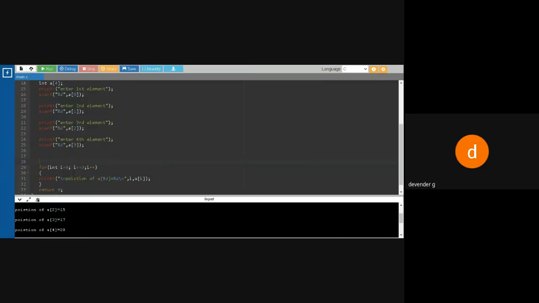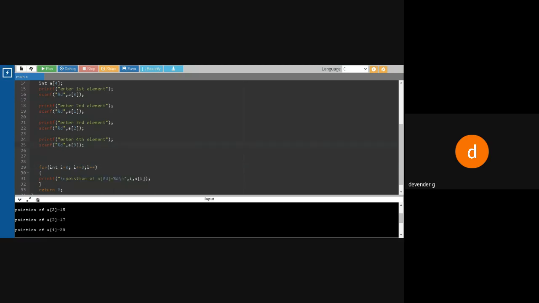Because I am starting from 0, 1, 2, 3, so four elements are coming. So I can write like this. If I write 4, then I should remove the equal to. Or I can do it like this also: I can write 4 minus 1, so naturally it is 3. These are the different ways we can do it.